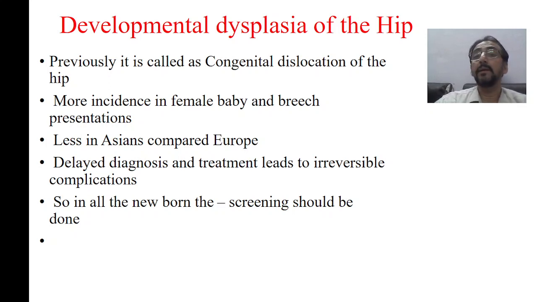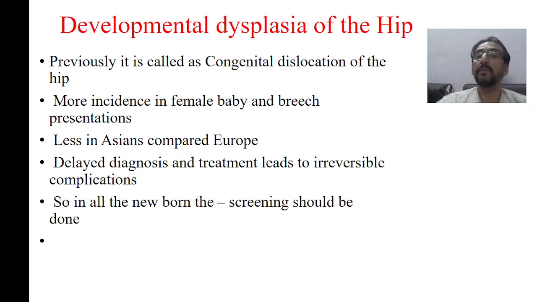Developmental dysplasia means the development of the hip joint is not proper; there is dysplasia, it is abnormal. The configuration of the hip joint is abnormal. Previously it was called congenital dislocation of the hip, now it is called developmental dysplasia of the hip. Now the incidence of developmental dysplasia of the hip is more common